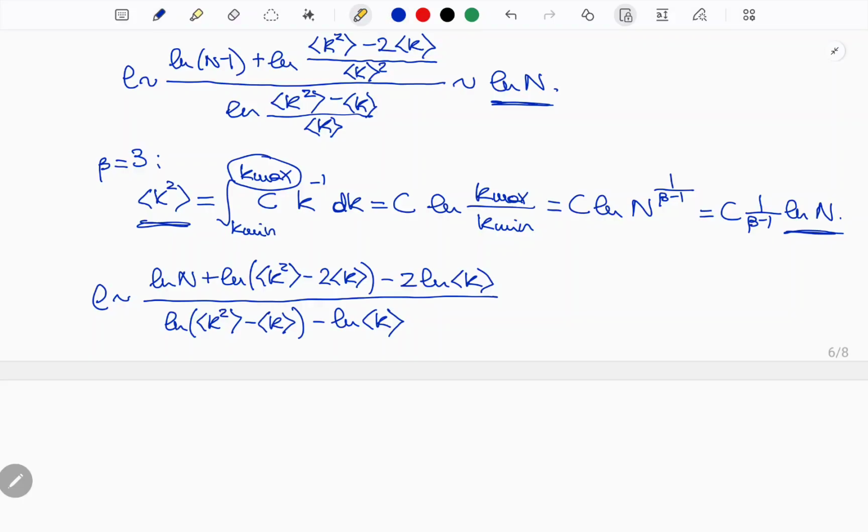So the first terms that I'm going to neglect are this one and this other one, because remember that this is going to be large. This is going to go like the logarithm of n, which diverges when n is large, but this is constant. This only depends on k min. So I'm going to neglect this part and also this other part here. And let's see what happens. First of all, I'm neglecting the most obvious parts, but then let's see what happens after that. So this is what I have here, minus twice k divided by the logarithm of